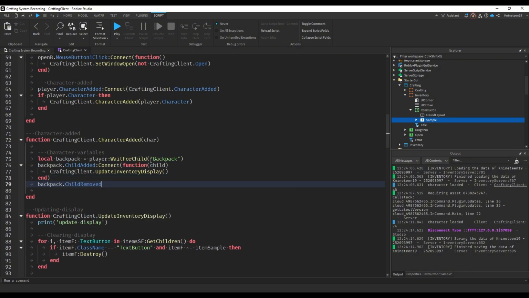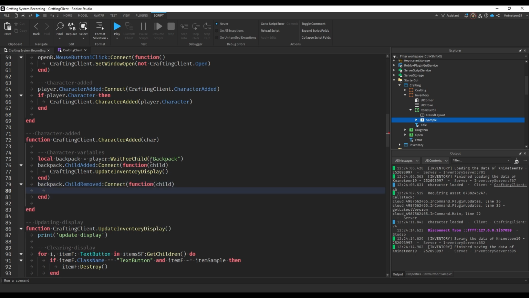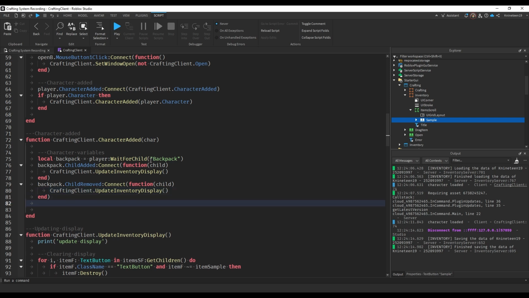Backpack dot child removed. Same sort of thing with this, just reverse. If an item is removed from the inventory, from the backpack, then we update the display. And then what we also want to do is